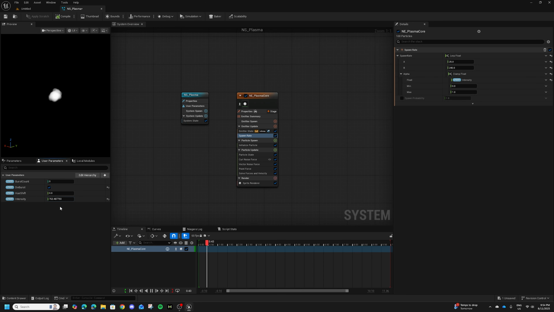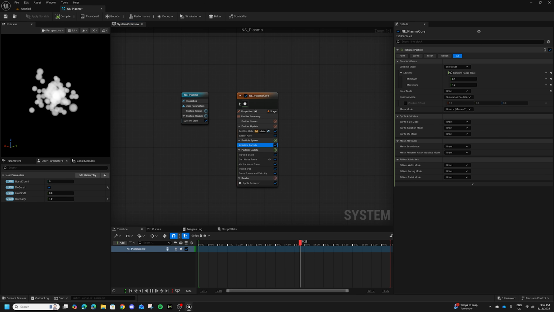Makes life so much easier. I can change it to 700. It's still going to be clamped at 240 because we did a lerp for that. But if we jump back to initialize particle, what we're going to go to from here is with our lifetime,